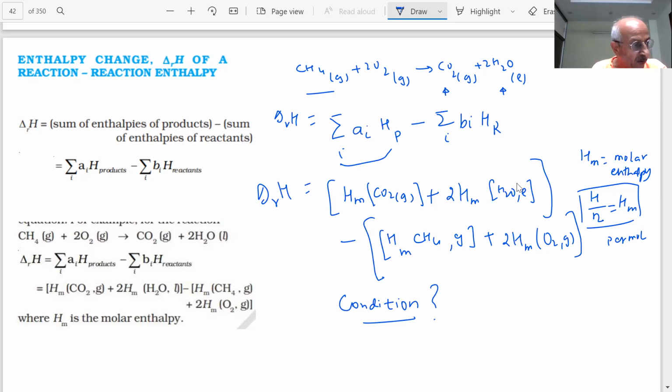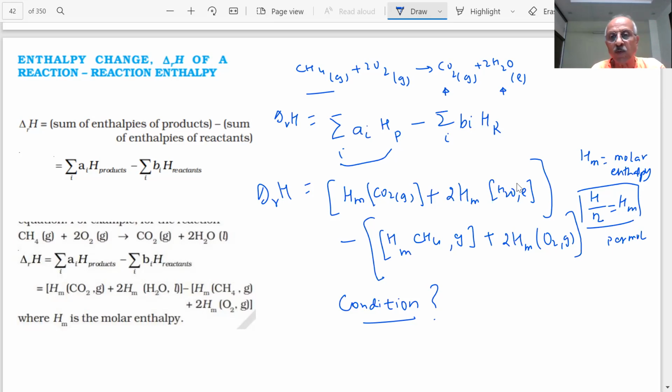If the pressure, did I mention the pressure? No. So did I mention the states of the reactants and products? You can see here is gas, gas, gas, then this is liquid. If I change the state of these again, what will happen? The values will change. If instead of gas, I change it to liquid, the value will change because every state we have to supply energy to go from one state to another, or energy will be released.